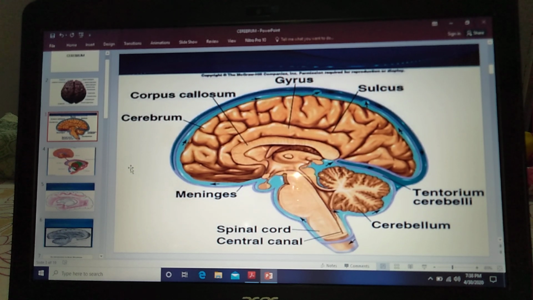Now these fibers are nothing but bundles of axons which connect the different parts of the cerebrum. Right, commissural fibers, as we have talked, connect the two hemispheres. They will connect the two cerebral hemispheres because both the hemispheres do not have the same functions, right? They have different areas of the brain that serve different functions. So that connection is through the commissural fibers.